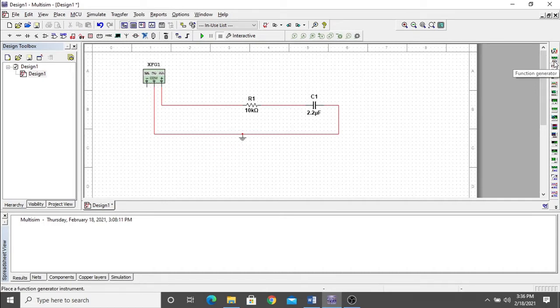Now we need an oscilloscope to monitor the waveform. Okay, here we have channel A, which is going to connect to the input, channel B to the output, and both the other sides connected to the ground.